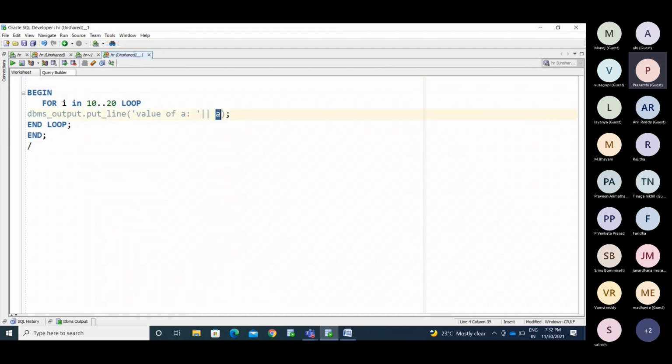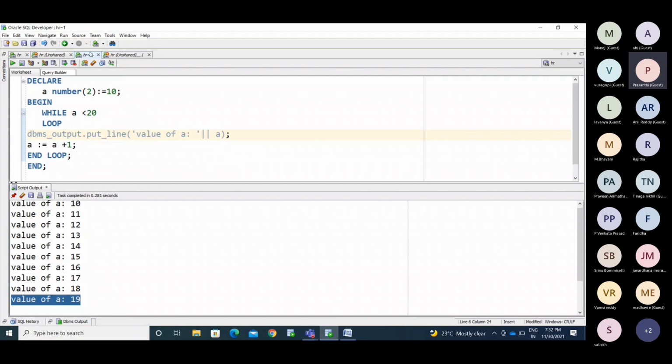The counter value I make as I. See, now I starts with the 10th trip and ends with the 20th trip. Now I'm going to use SET SERVEROUTPUT ON.